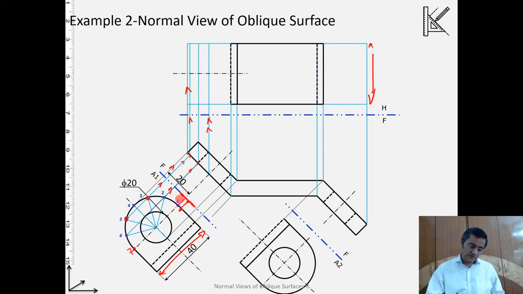So we will measure this distance here, D, and we'll apply the distance from the hinge line along the projector, say D here. So if we apply the distance, that is how the distance is applied. So we are able to locate point number 1, corresponding to point number 1's projection on the horizontal.